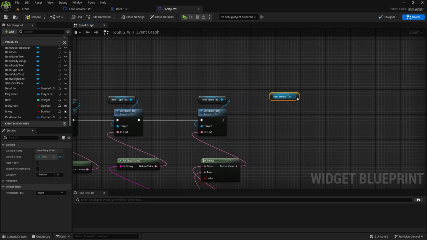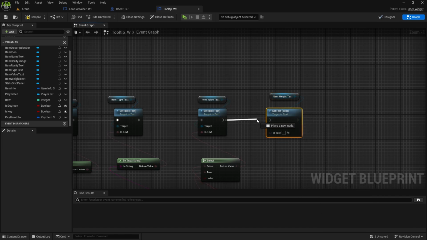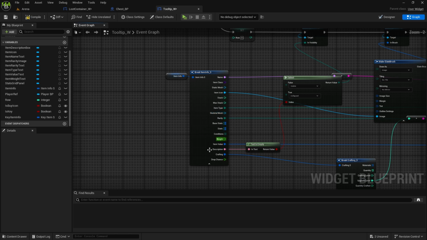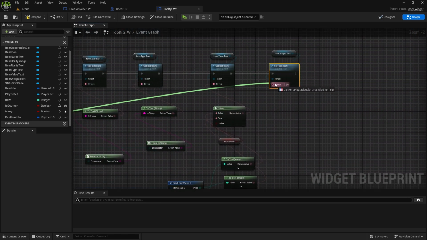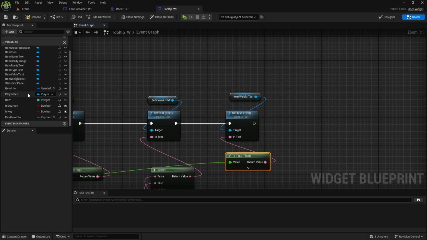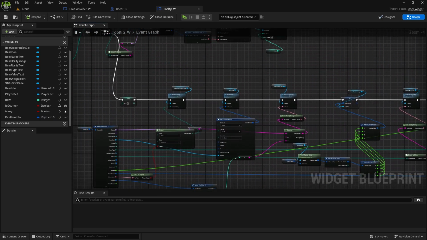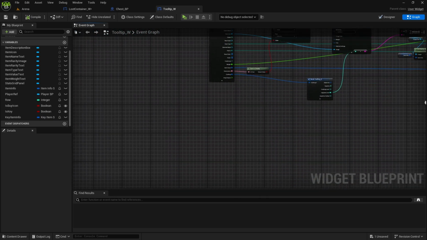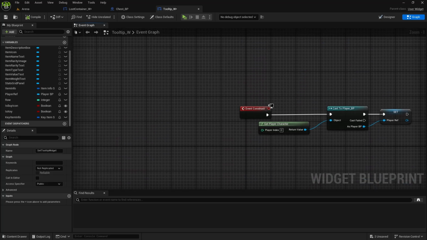Item weight, set text, and this will be weight. If you don't want to drag it all the way across, you can get another item info, but I don't mind this. This is weight, and then stats grid panel. I think that might be all. Compile and save. So that's regular tooltip set, and then when we select the tooltip widget, one more thing,